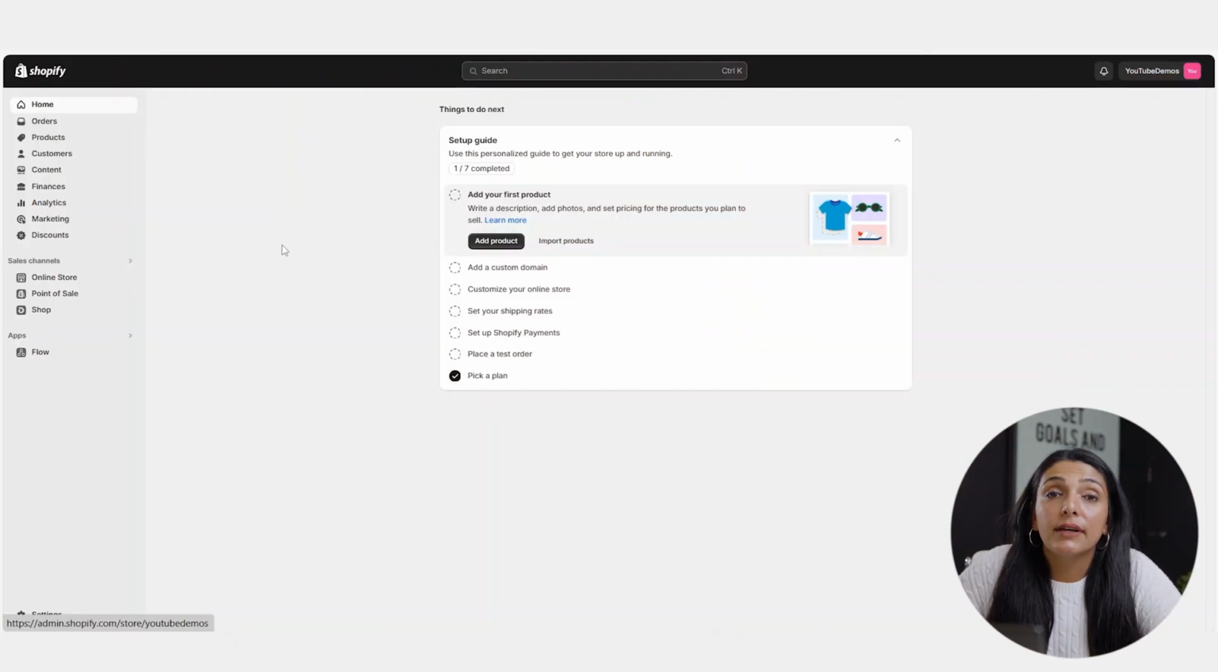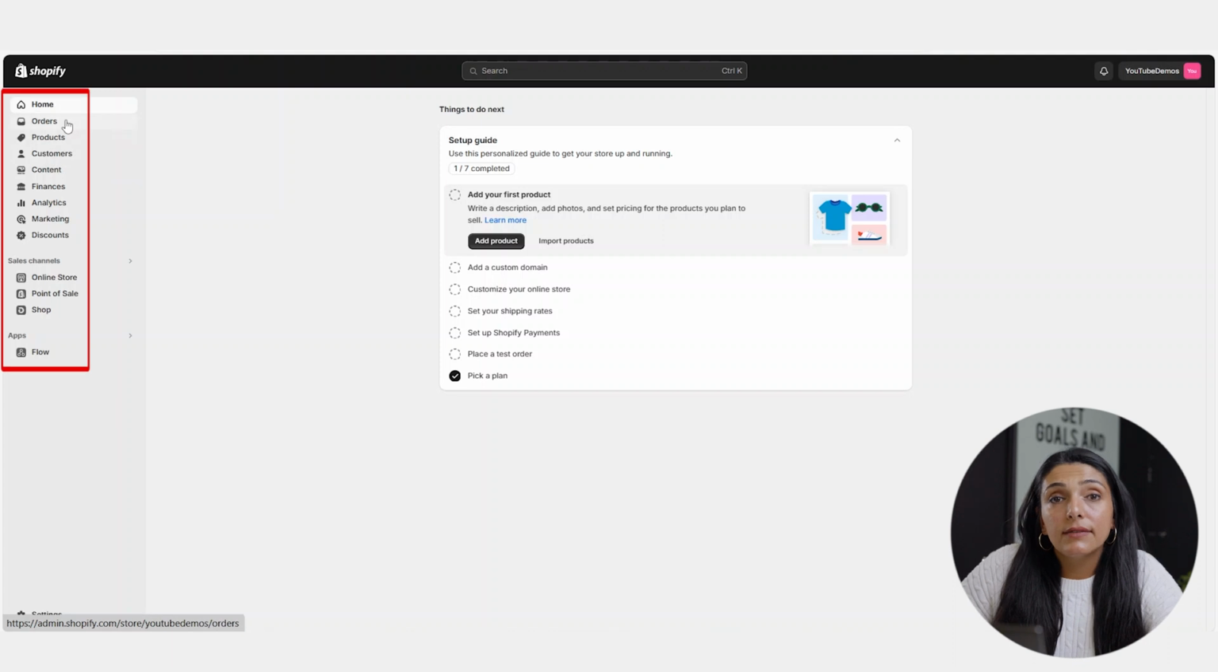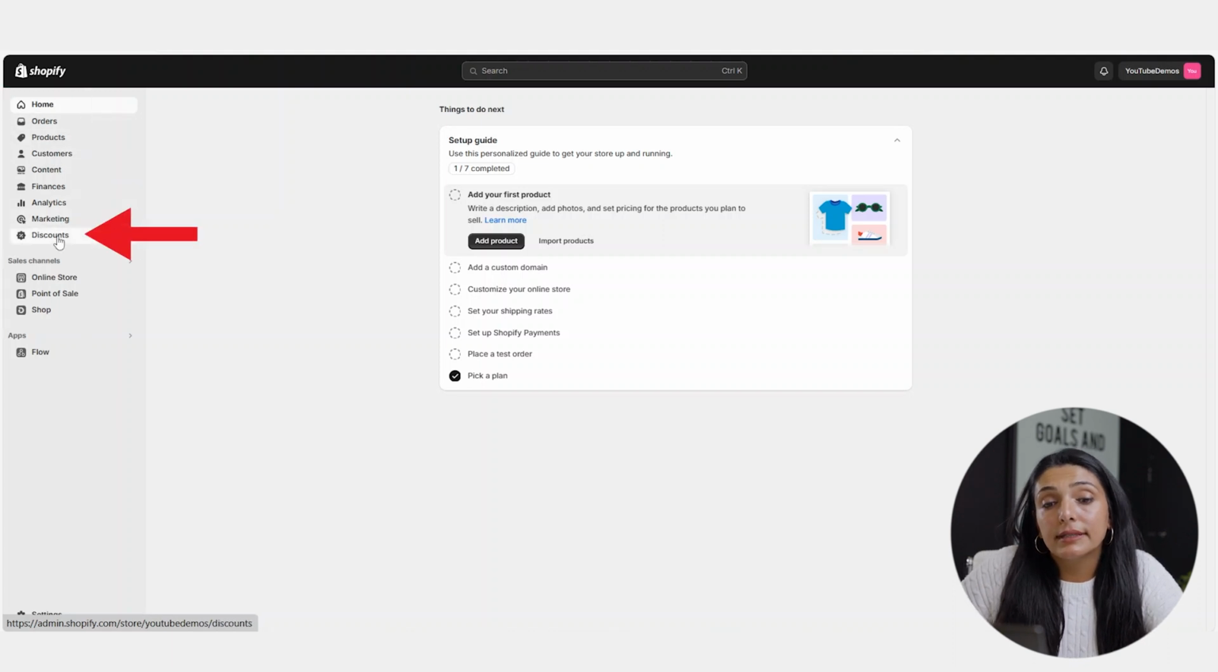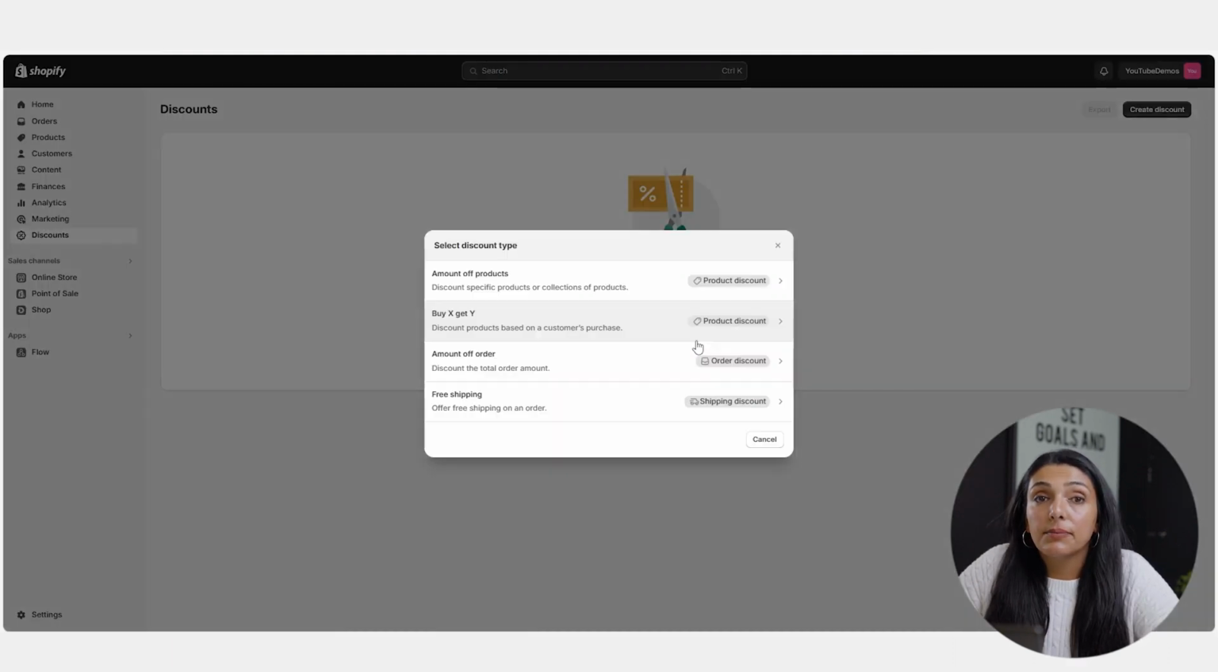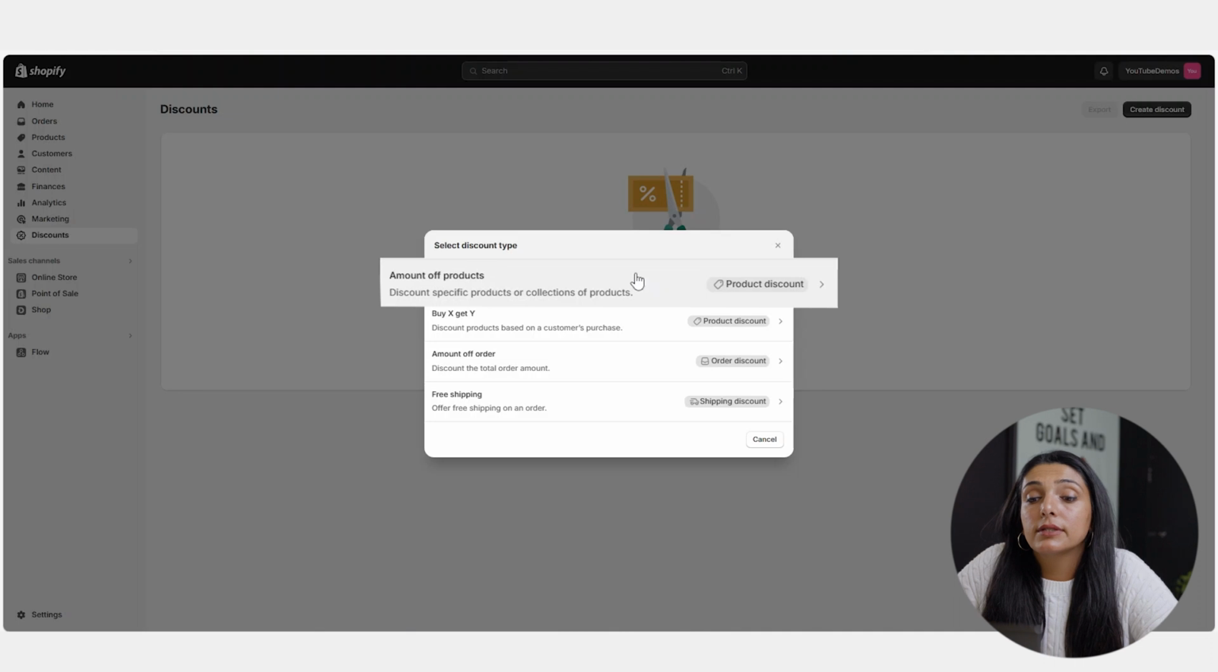All right, let's get right into it. When you log into your Shopify admin dashboard, on the left-hand side of the screen, you will go down and click Discounts. You'll click the Create Discount button and decide which type of offer you would like to give to your customers. The first one is Amount Off Products, which is a discount for specific products or a collection of